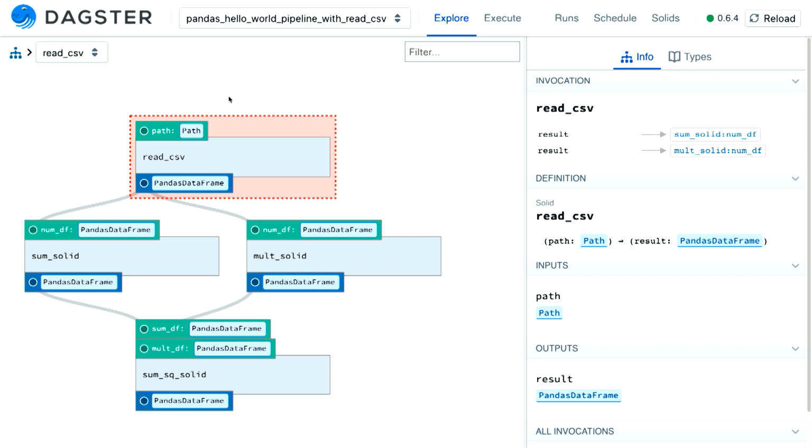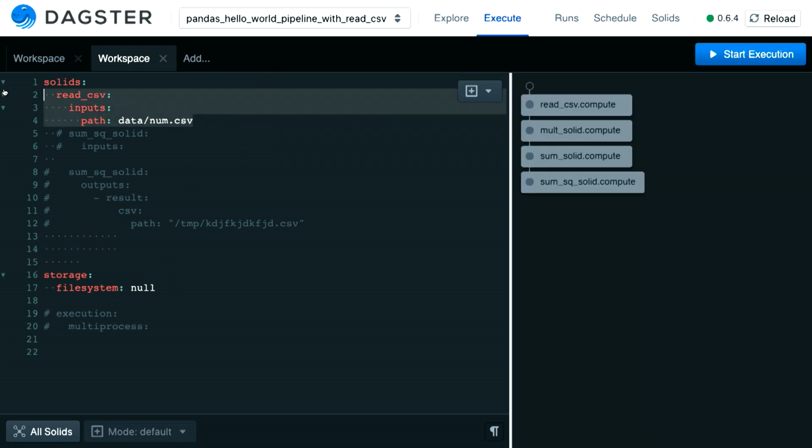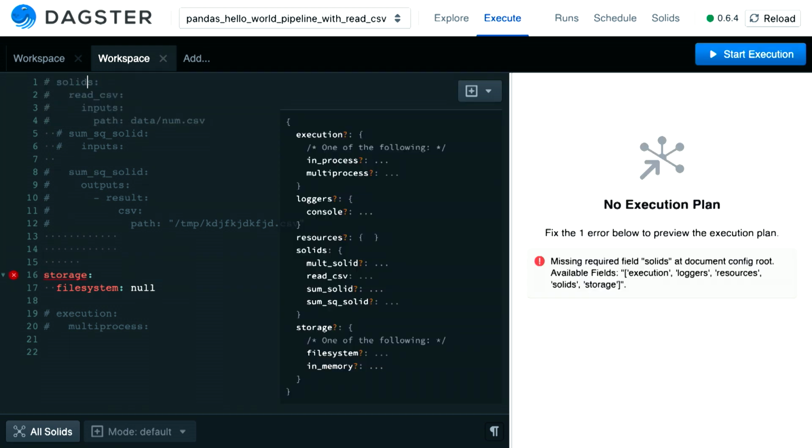So now we want to execute it. One of the core differences between us and other workflow systems is that our DAGs are parameterized. You see here the first DAG takes in a path and spits out a pandas data frame. The issue with that is that it's not directly executable. You need to provide the parameters for it to successfully execute. So we made the explicit decision to separate the structure of the graph from config, which can get complicated. We have a strongly typed config system to help you construct these computations.